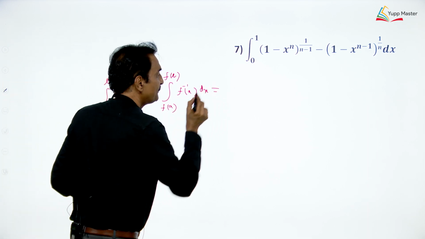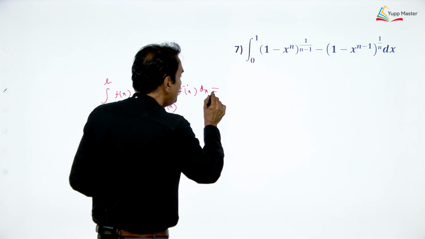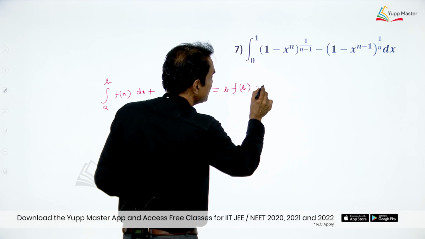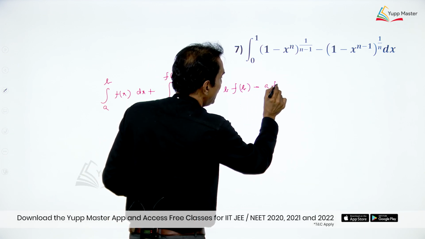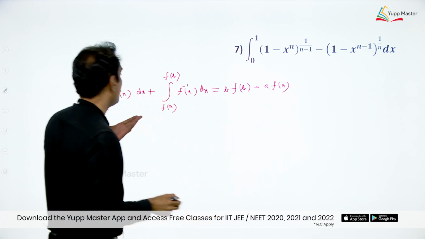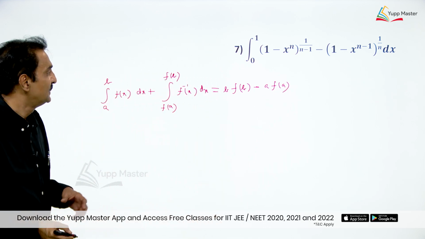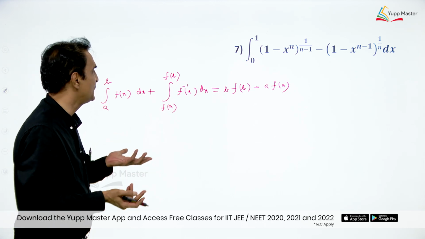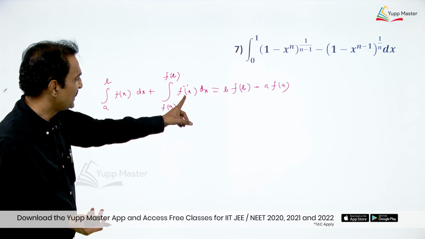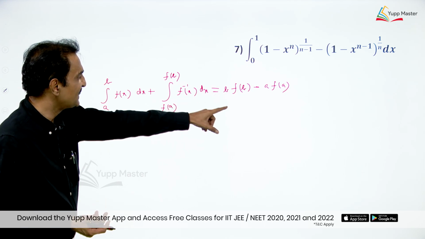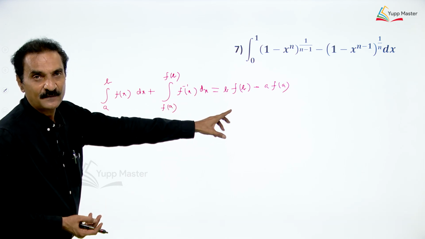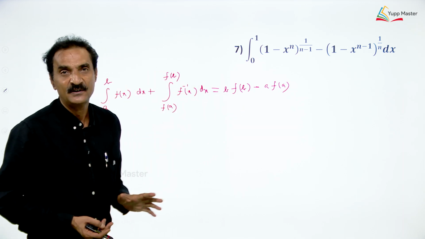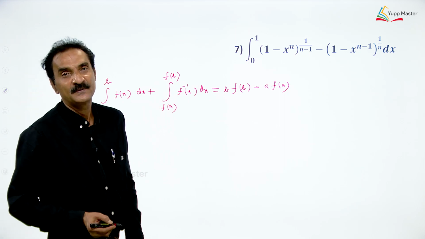is equal to b f of b minus a f of a. It is very important and useful formula. Okay. Actually, I am not going to explain how we get the formula and all. Simply you can put f inverse x is equal to t. You will get x is equal to f of t. Then combining these two, you will get this answer. Okay. So, remember this as a formula.